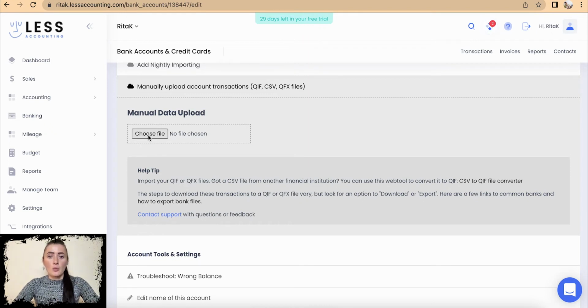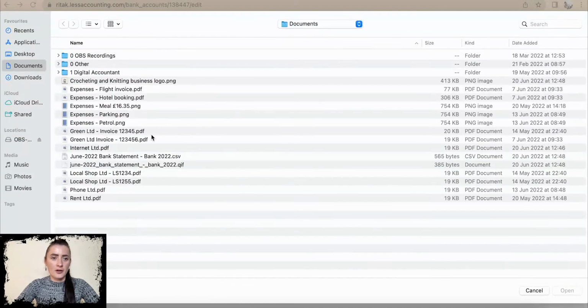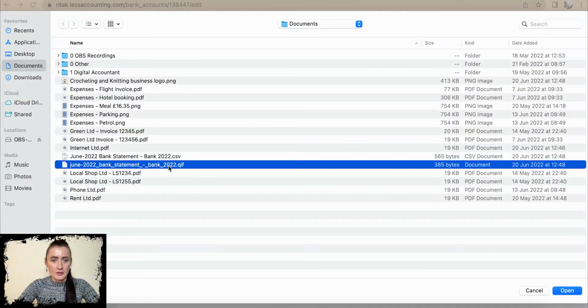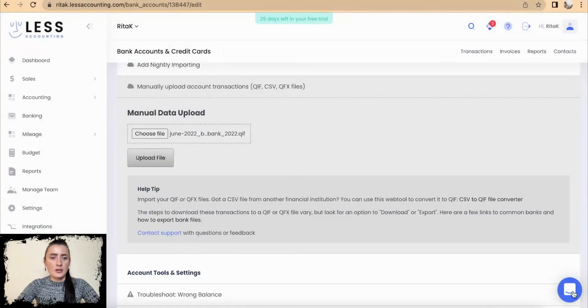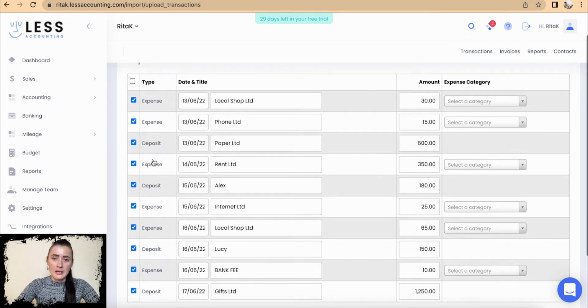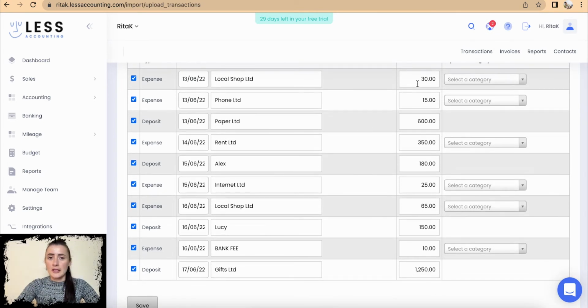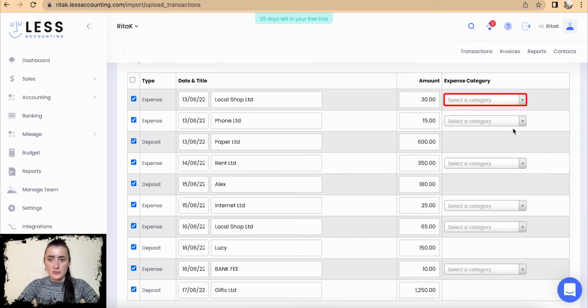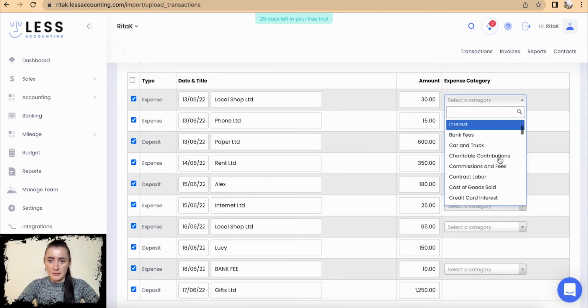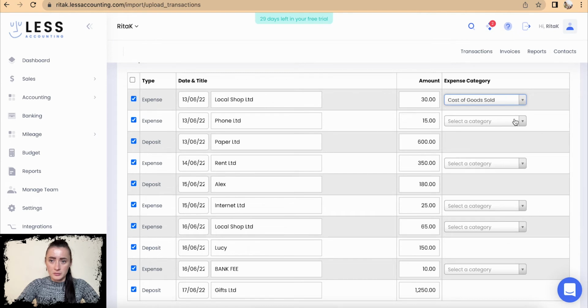Okay, so once you have created QIF or QFX files, click choose file. In my case, I have a QIF file here. Click open and click upload file. Now it will show all transactions, and we need to allocate expense categories to each of these transactions. So for example, I have cost of goods sold,